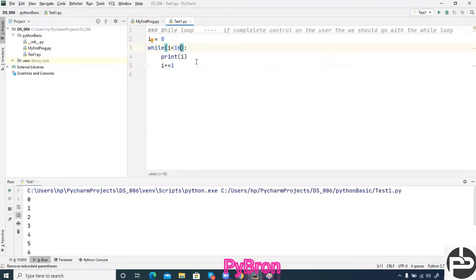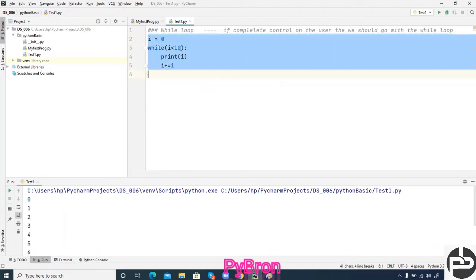Wait a minute. So do you understand the while loop? Now I'm going to teach you conditional operators like the if, else, and elif. After the end of the class, I'll give one homework, which is a kind of project. Over whatever we taught this week, I am going to make one project.